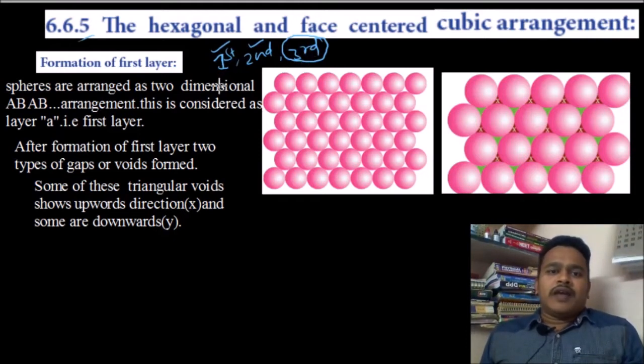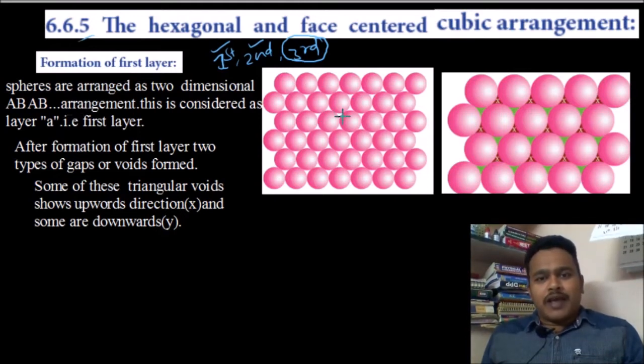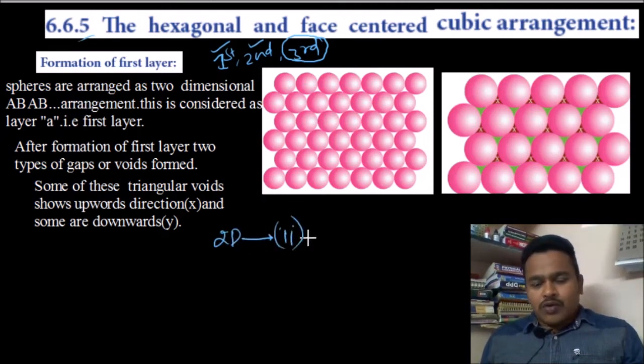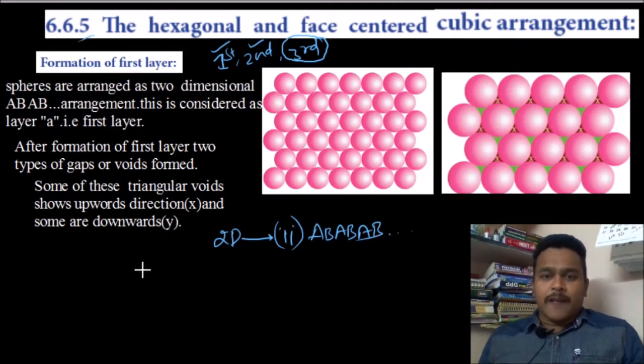See how to arrange the first layer, the formation of the first layer. We already know about two dimensional packing, and we recall the second arrangement, the AB arrangement.